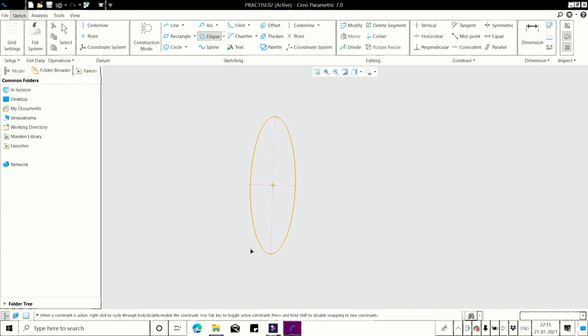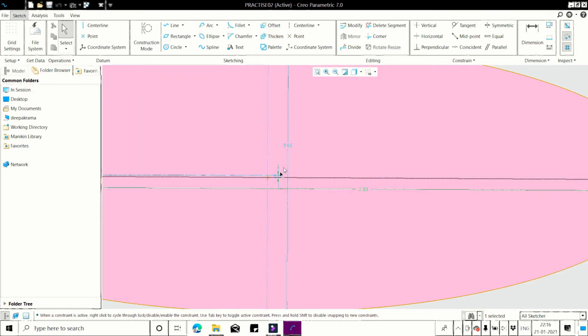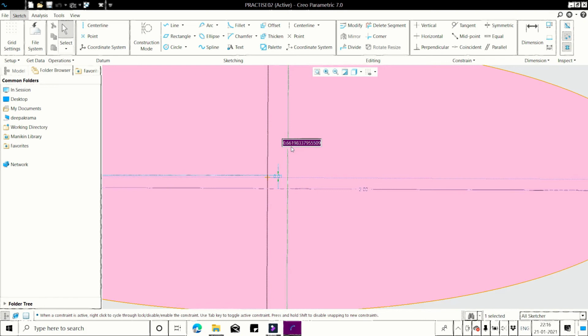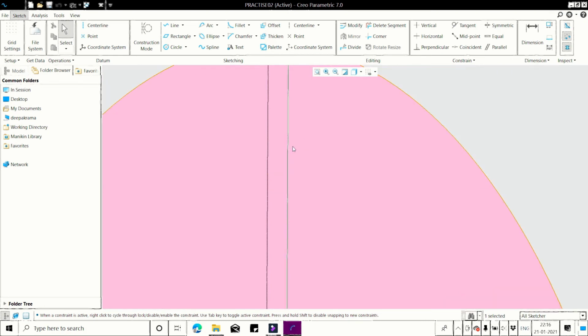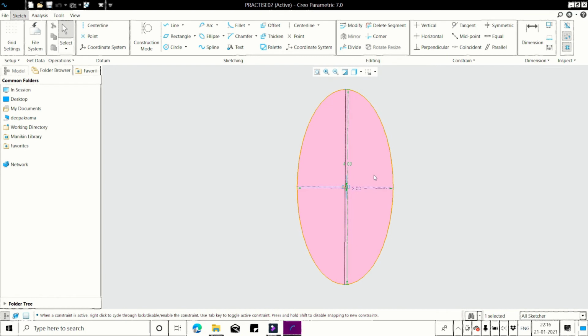Then create a volume. You can give the width and height. We'll give it as 2 and 4. So our ellipse is created.